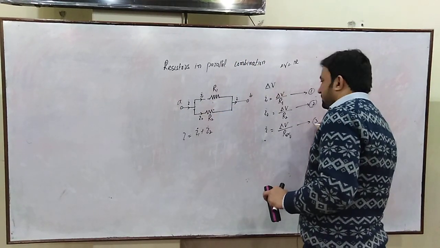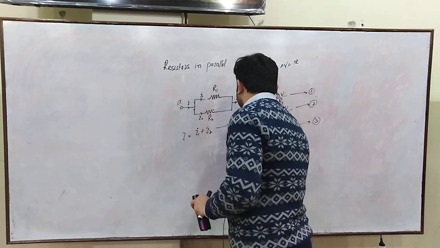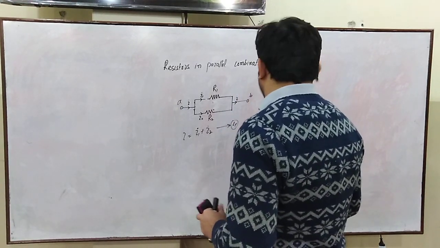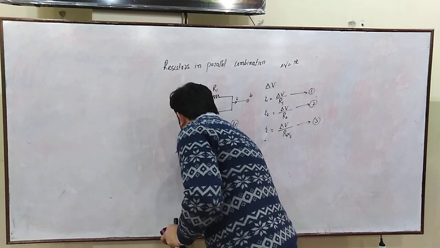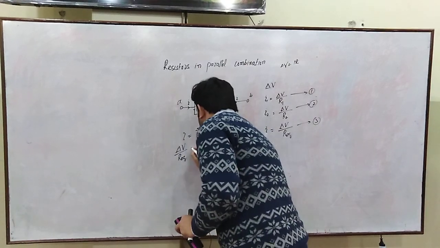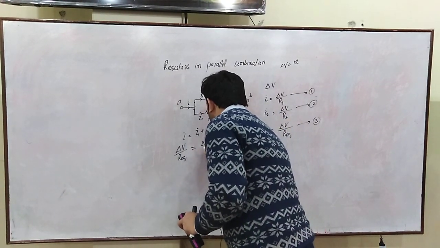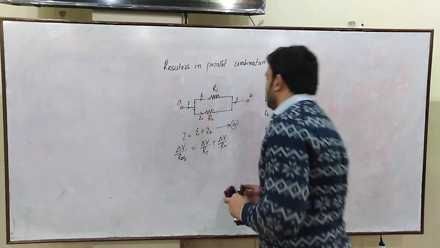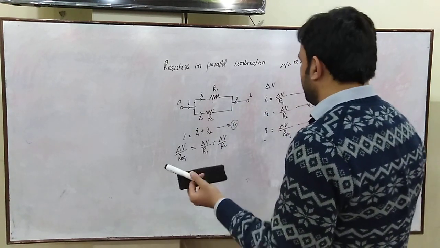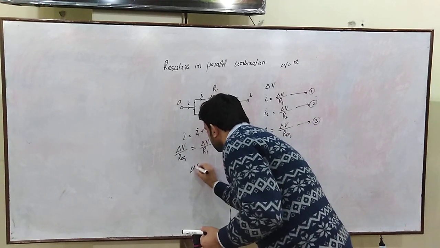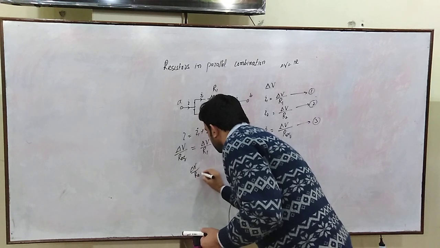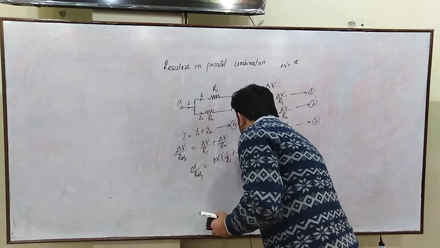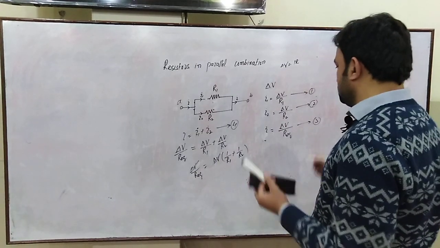Now I will plug equation 1, equation 2 and equation 3 into equation 4. After this I will get del V over R equivalent, which is equal to del V over R1 plus del V over R2. Now by simplifying this equation, this will cancel with this, so eventually I will get